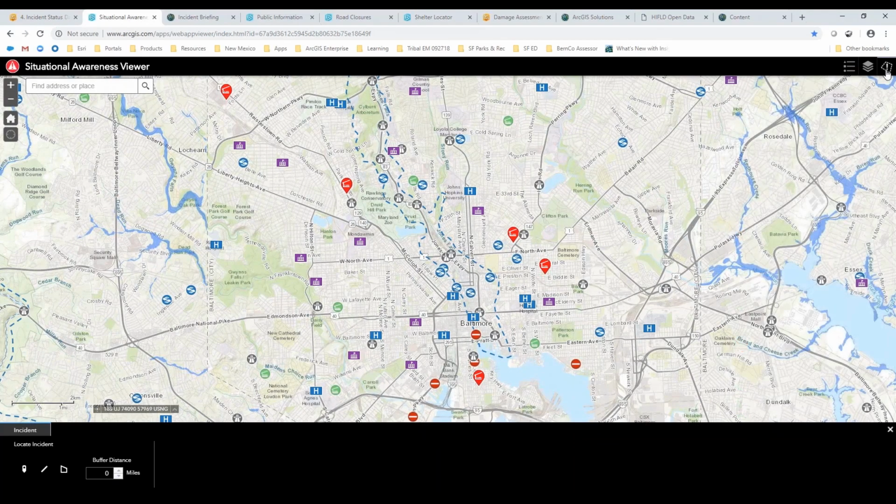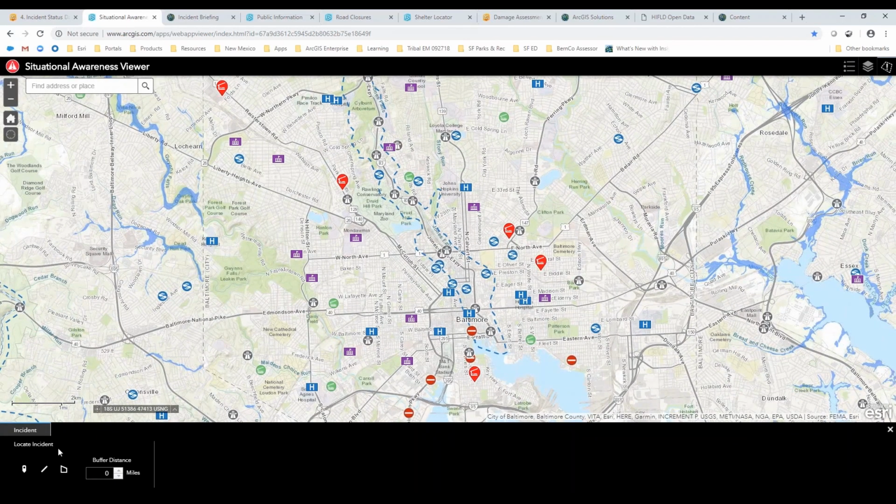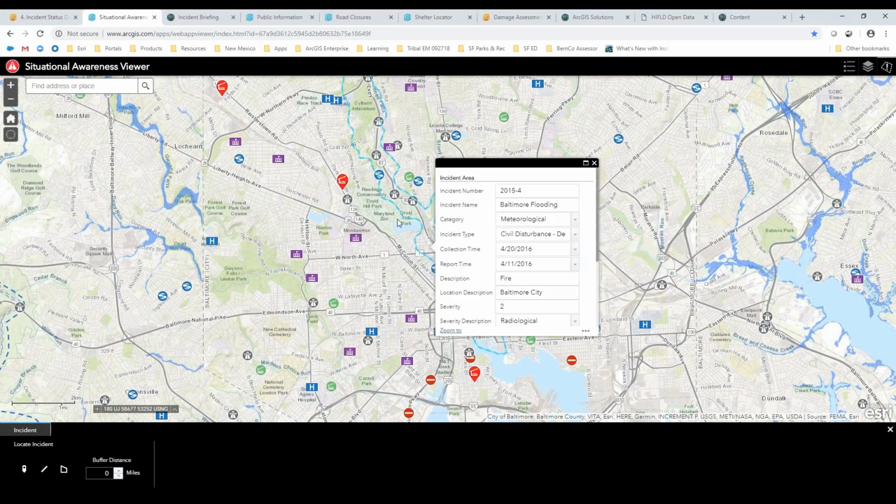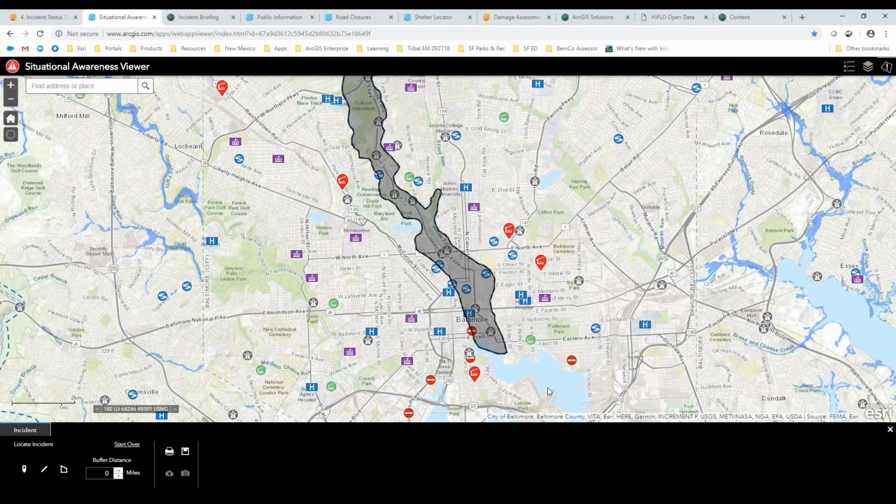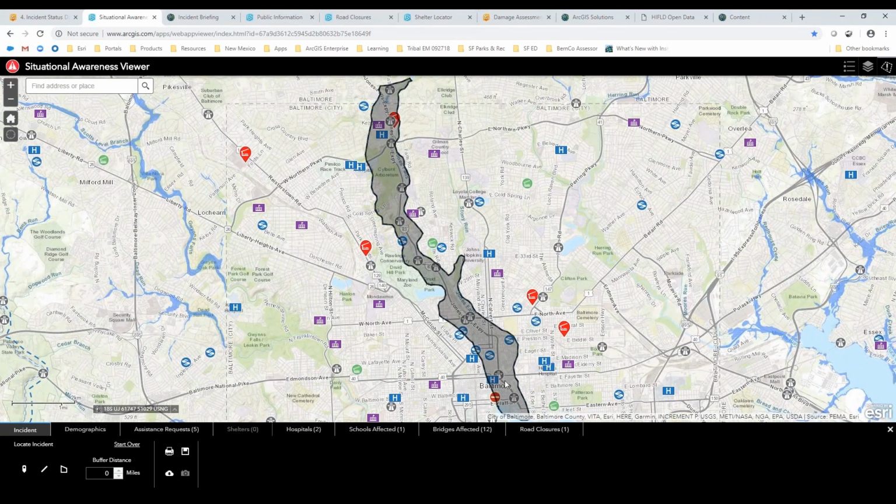And I open up the situational awareness widget, and I need to define my area of interest. I can do that either by dropping a point, line, or polygon onto the map and giving it a buffer, or I can select an existing boundary on the map. In this case, it's a floodplain boundary. I'm going to click the More Options three dots here on the bottom of my pop-up and set that as my location. I can add a buffer around that,